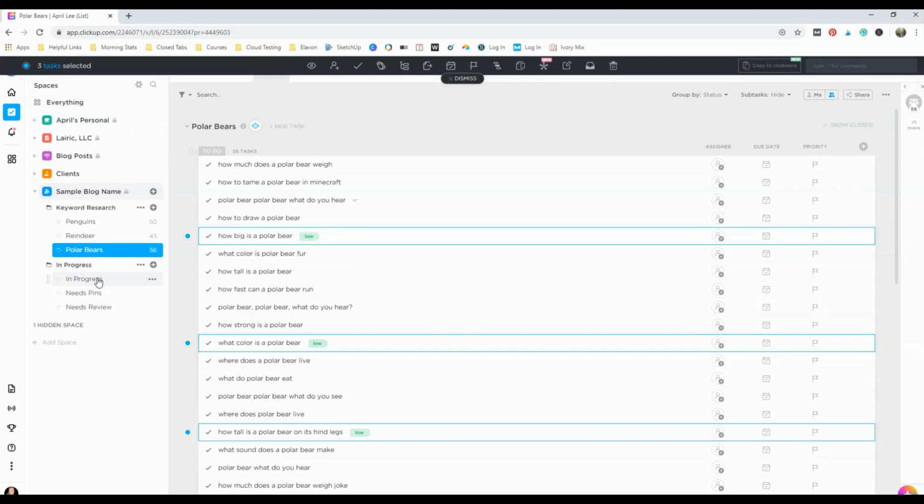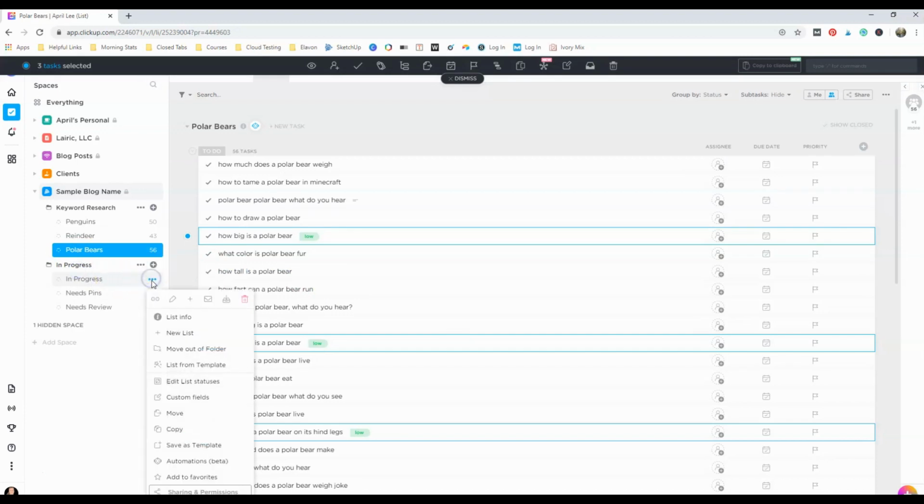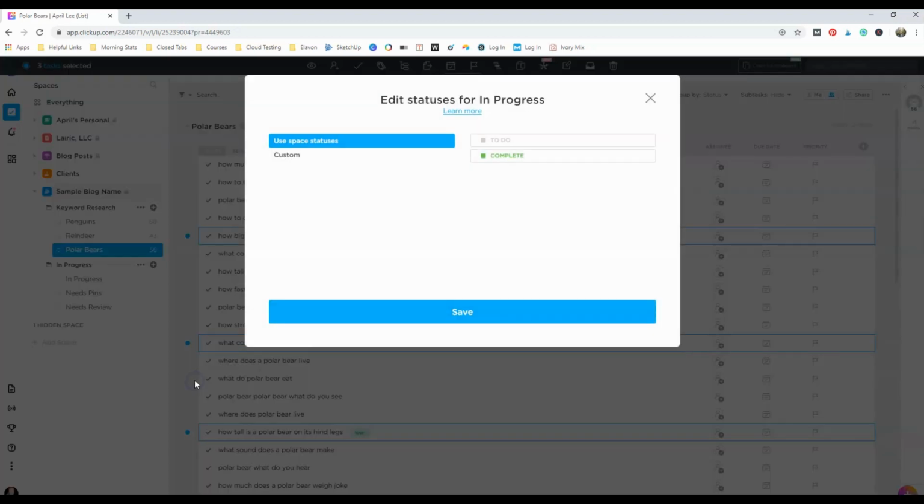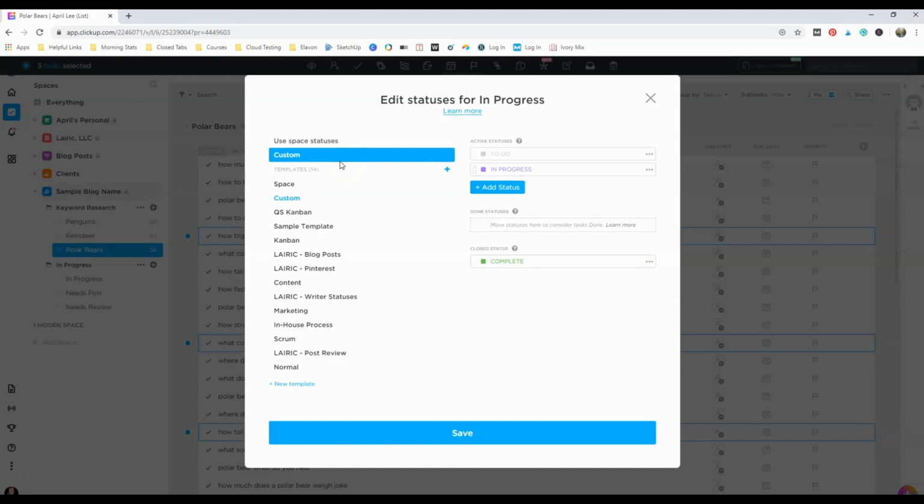Now the way that I set up these statuses is a little bit different. So I'm going to go into the list settings and edit list statuses. It's inherited the statuses from the folder, which is just to do and complete, but I actually want something different here. So I'm going to go custom. And then you can choose from the ones that they have available, or you can just create your own. So in custom, for example, let's say I want one that says needs to be written, in progress,